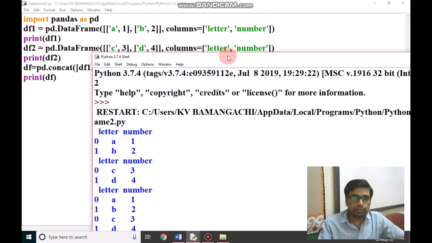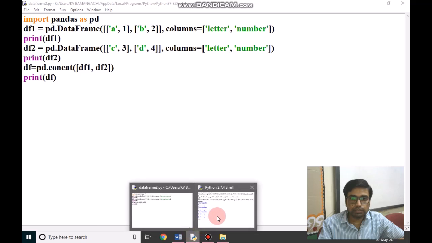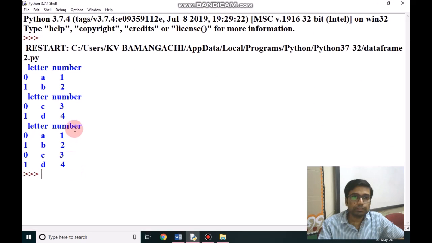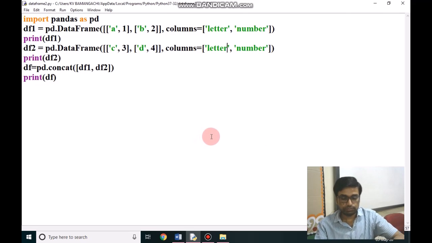After concatenation, we find here the data frame. First data frame is as usual, but the second data frame is merged to the below of the first data frame, and column name is displaying here single time. In this way, we can merge two data frames with same columns.